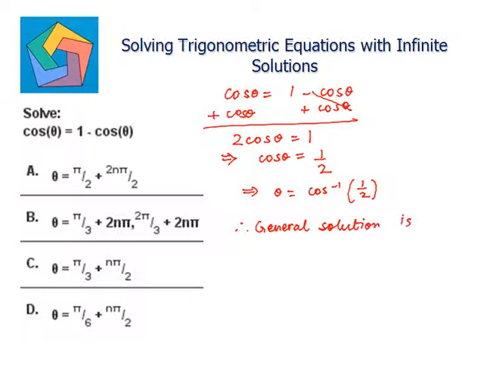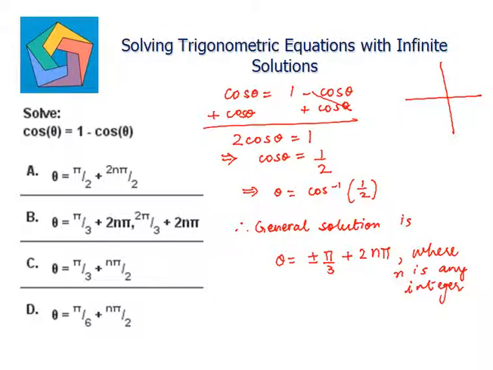is theta is equal to plus minus pi by 3 plus 2n pi, where n is any integer. Now, negative pi by 3, if we want to make this positive, we can take cosine in the second quadrant. In the second quadrant cosine will be negative. So negative pi by 3 in the second quadrant will be given by pi minus pi by 3,